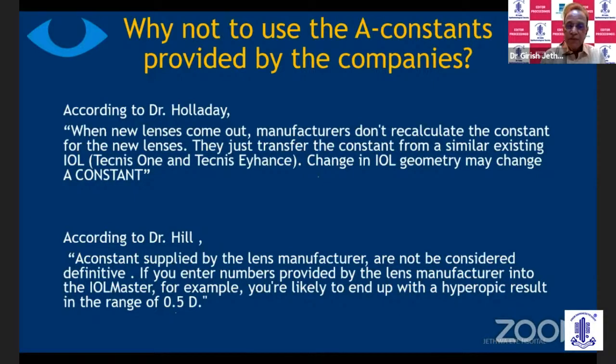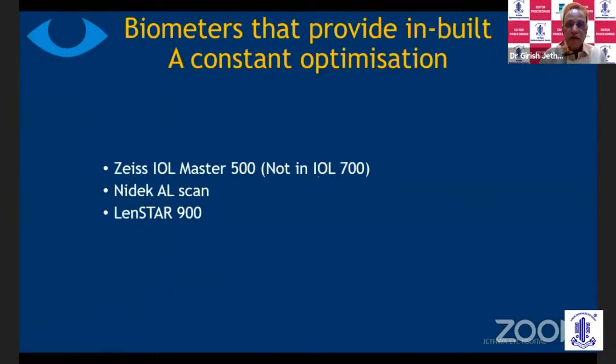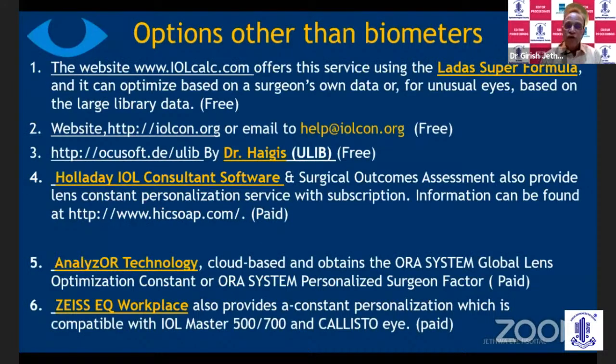So personalization or optimization is very important in constant things. Now, there are two... The IOLMaster 700 has an inbuilt A constant optimization. The Nidek can also has an inbuilt A constant optimization, like also in the Lenstar 900. But in case you do not have this inbuilt software, we can go for optimization on a few websites